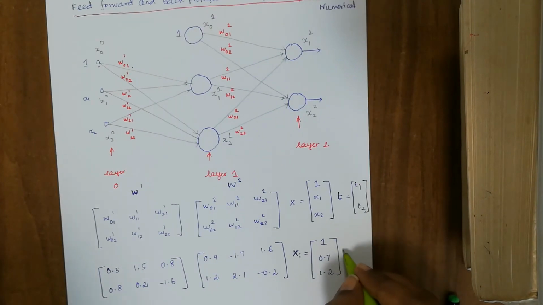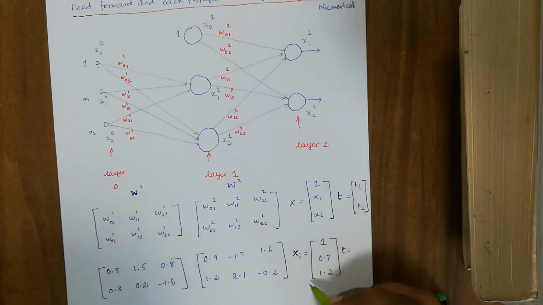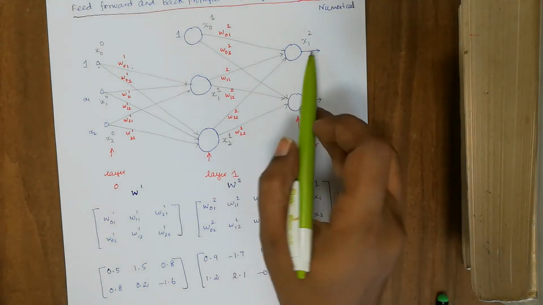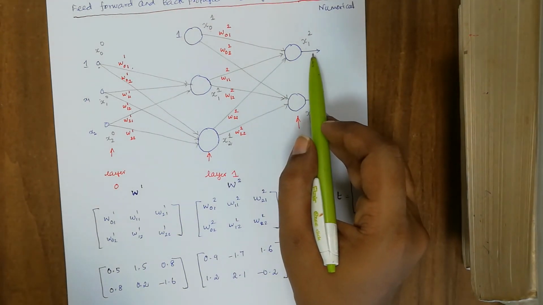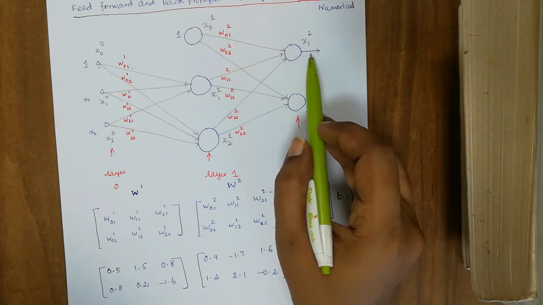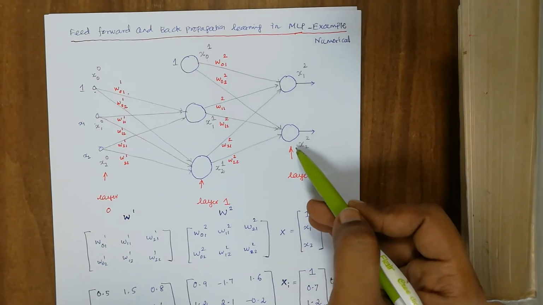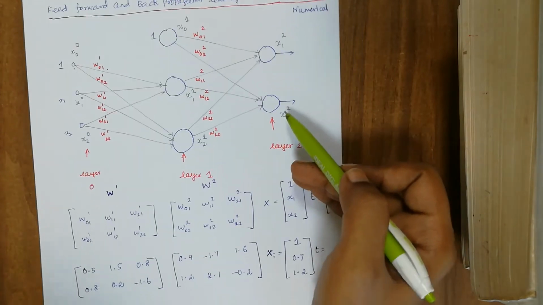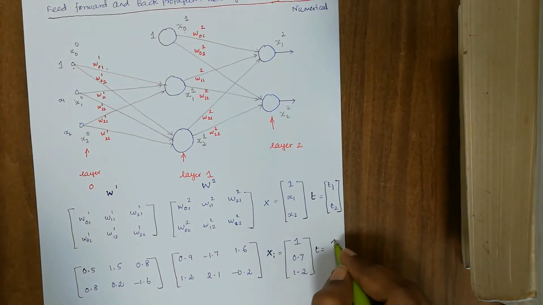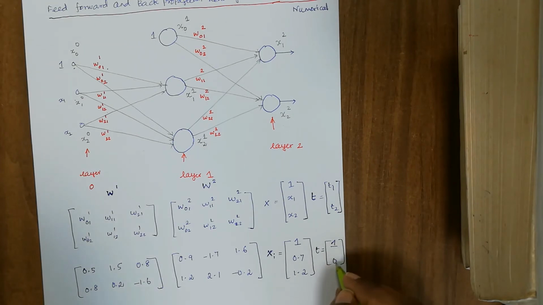And similarly what we need is the target value. Now let us consider this sample. The ith sample is taken from omega 1, which belongs to class 1. So what is the expected output? We want the first neuron ideally to be 1, the probability value, and the second neuron ideally the value should be 0. So the expected or the target value goes something like this, 1 and 0.